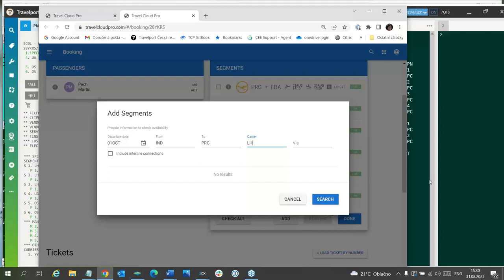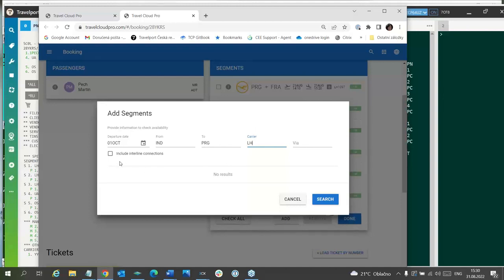I would like to show you this field. If this field is not touched, it means that only those connections with this carrier will be returned, only with LH flight.